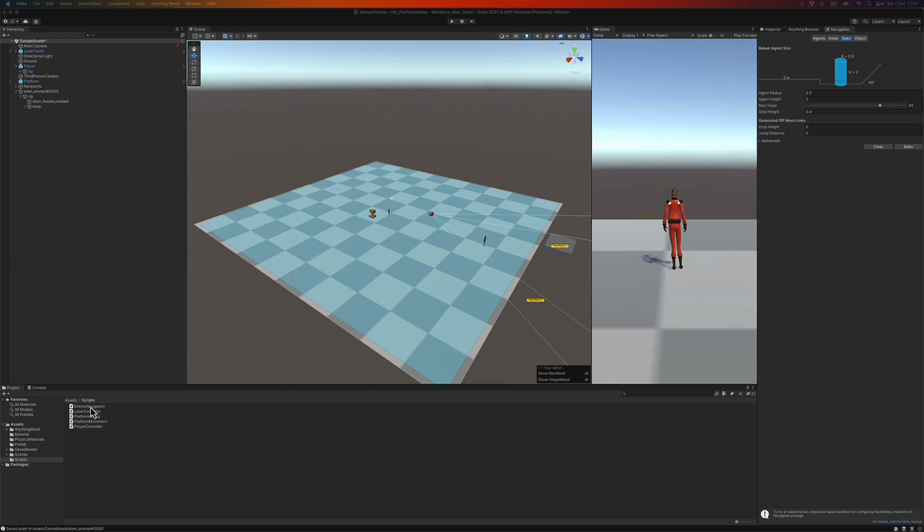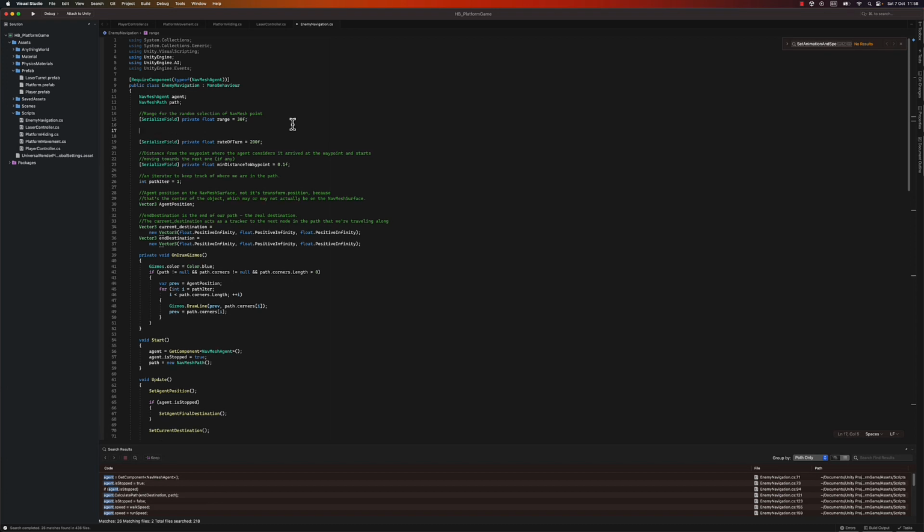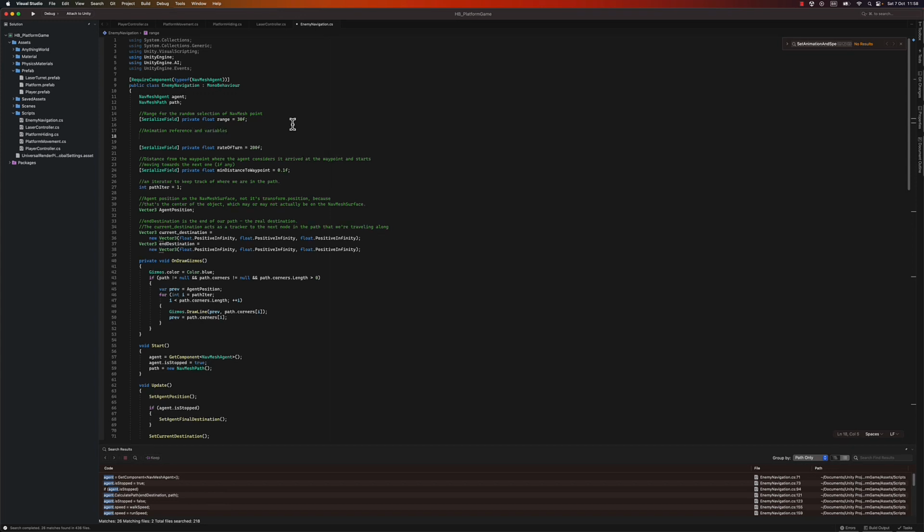So I'm going to open this code right now, and I'm going to make some changes to reflect this change of not clicking and also adding the animation. So what I'm going to do for starters is set our animation reference and variables. And I'm going to start with my private